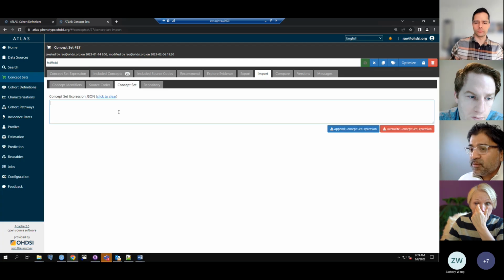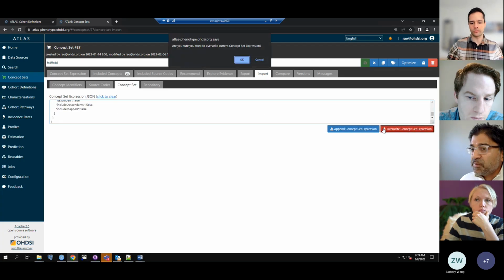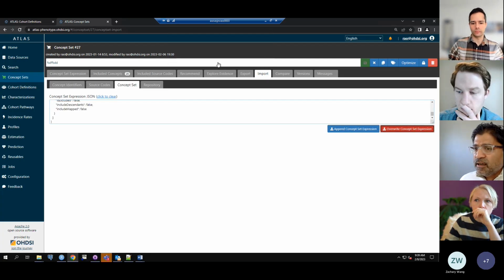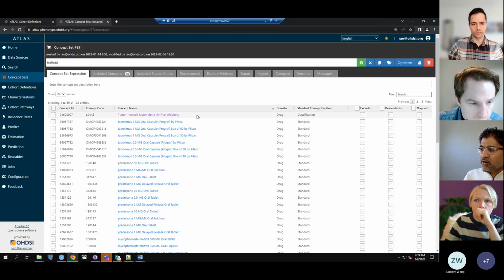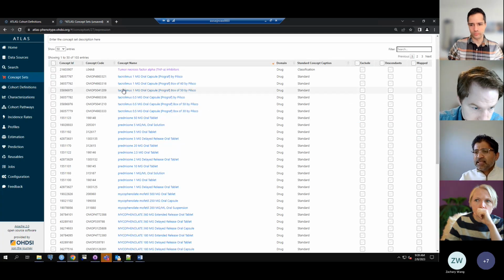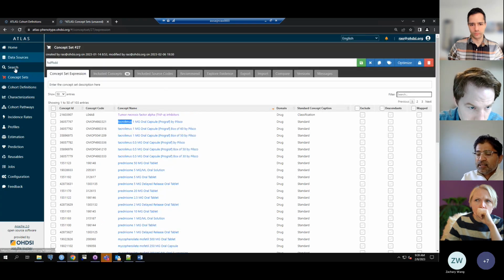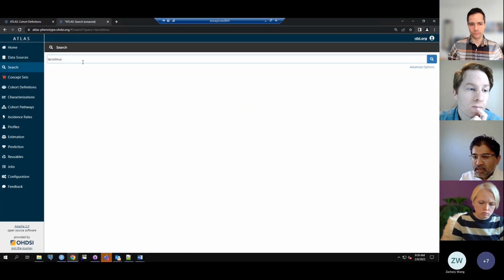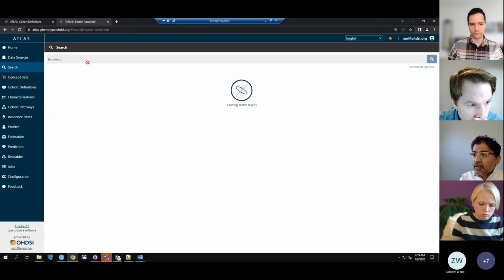Import your concept set here in the concept set segment of Atlas, and this is your definition. If I select tacrolimus and search for just the ingredient of tacrolimus,